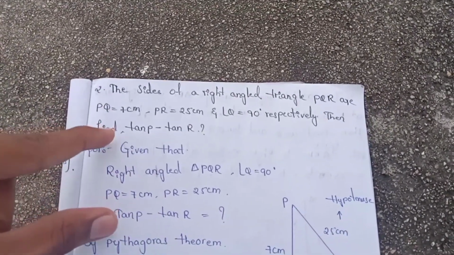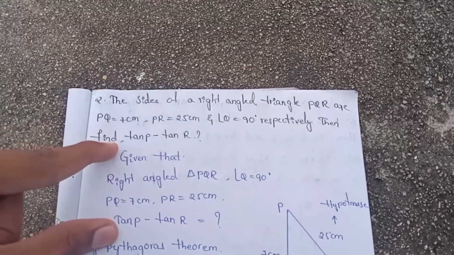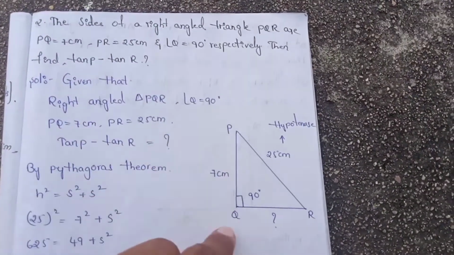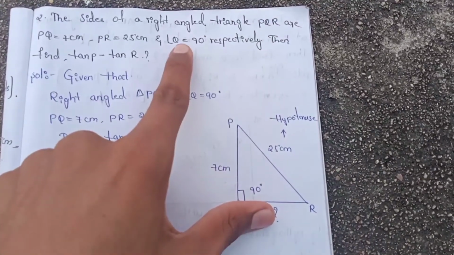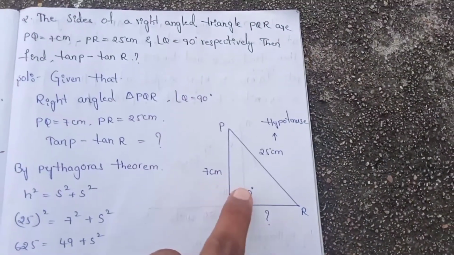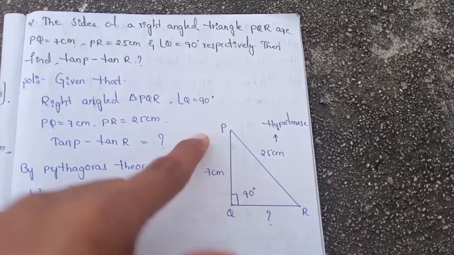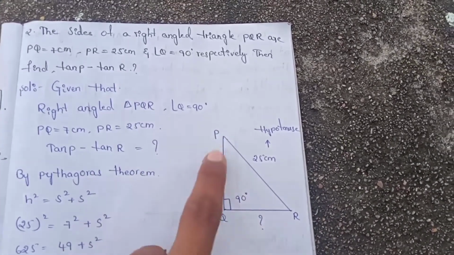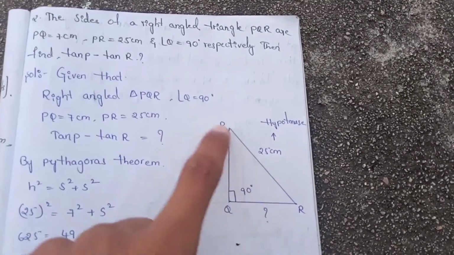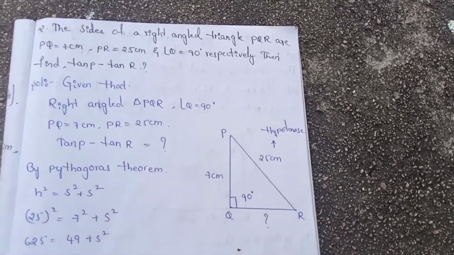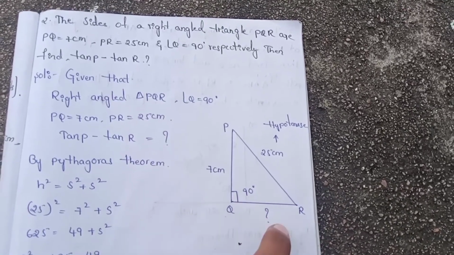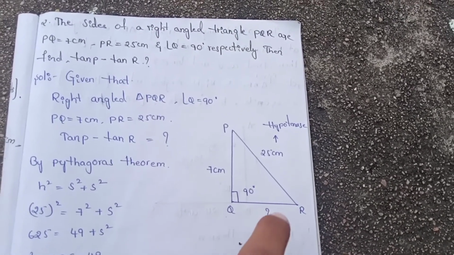Besides this, first of all we have to draw a triangle based on the given matter in the question. See, this is triangle PQR. But what is given here? Angle Q should contain 90 degrees. See here, angle Q is 90 degrees and PQ 7 cm, PR 25 cm. You know that this is the hypotenuse because it is the largest side in this triangle. In this question, QR is not given.